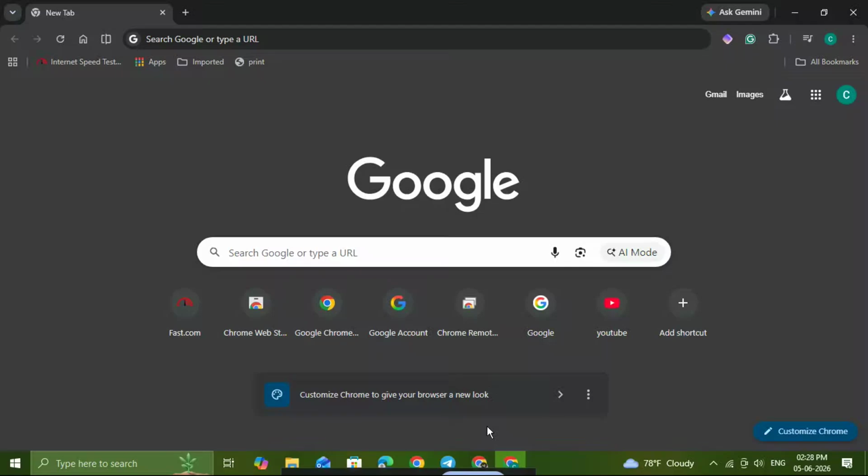Today, I'm going to show you how to delete unwanted autofill entries on Chrome, including saved addresses, contact info, and payment methods. This is a really useful fix if Chrome keeps suggesting old details, wrong information, or cards you no longer want saved. It only takes a few minutes, and once you know where to look, it's very easy to